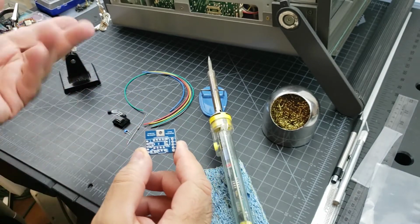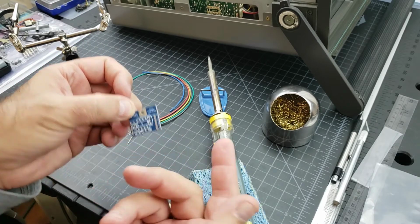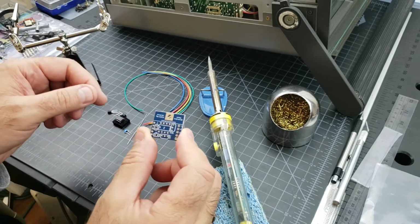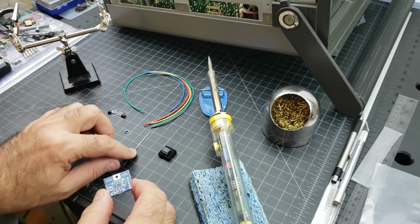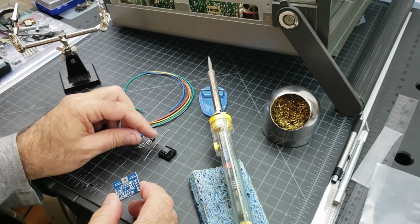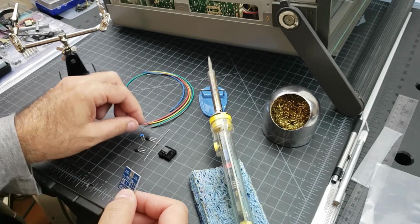Normally I would socket chips, but in this case it's kind of irrelevant. If something went wrong with the chip, it'd be easy to unsolder. There's only 8 pins. So let's go ahead and start. There's the IC, there's a resistor, a couple of transistors, and a capacitor. So you can get the schematic, or you can see what this does. I'll leave you a link